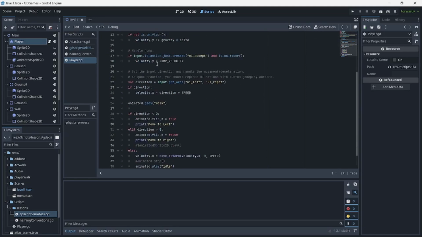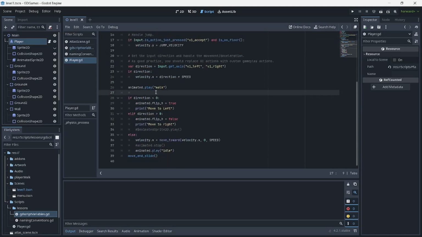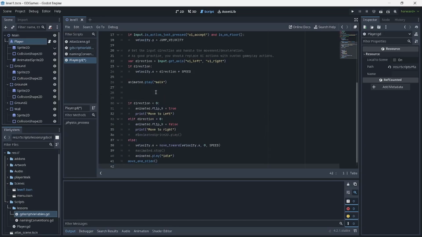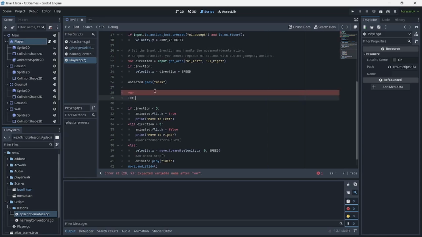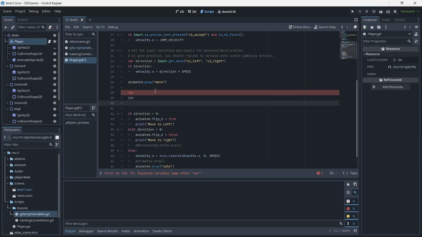And in here, I am just going to declare some variables. And this is how we go and write a variable in GDScript. So let's say, and I just want to do some testing here. Of course we have to use the var keyword. And in other programming languages, they have what we call var. You can use let if you're using JavaScript, and there's also the const keyword, right?